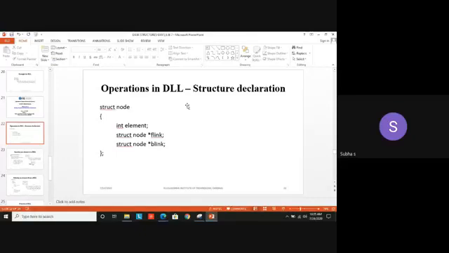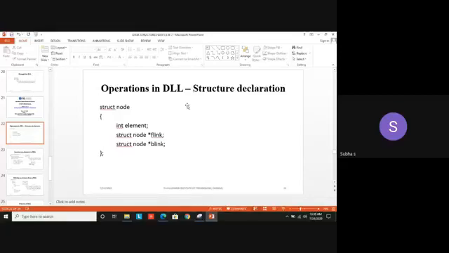Both are pointers. So I mentioned them as star F link and star B link of type struct, and the structure name is called node. So you are going to create elements for this node only. As told earlier, we can't use the integer and F link, B link directly. For that we need the memory dereferencing operator: node arrow next or node arrow B link.